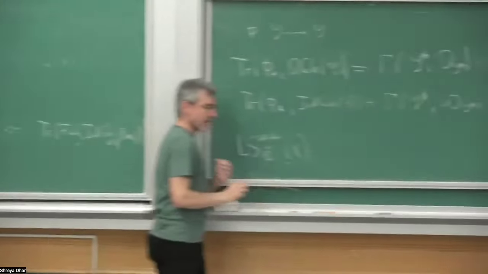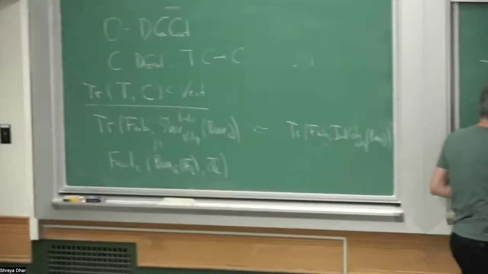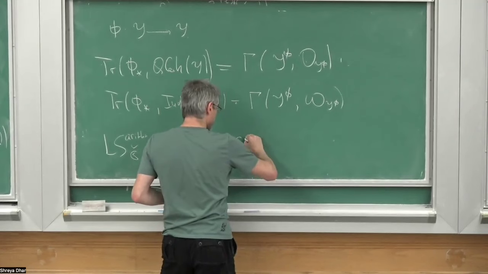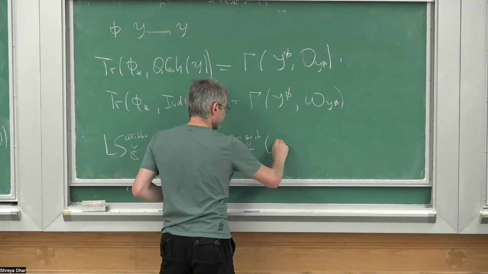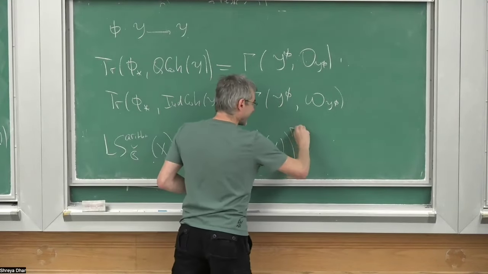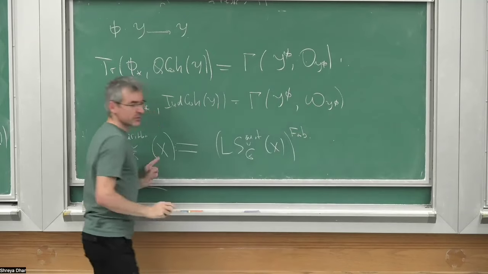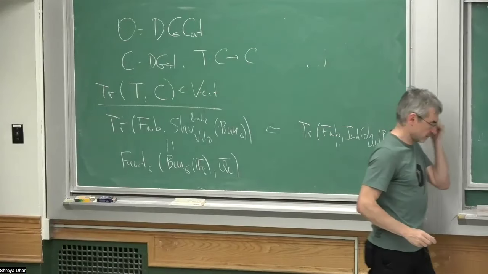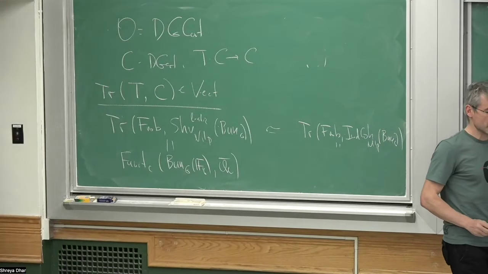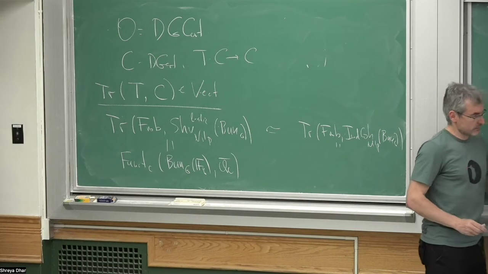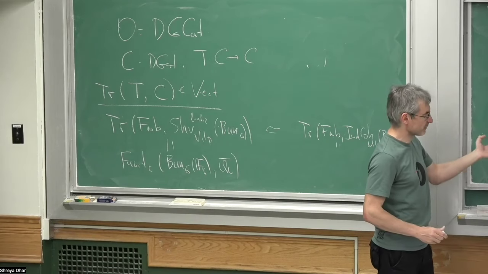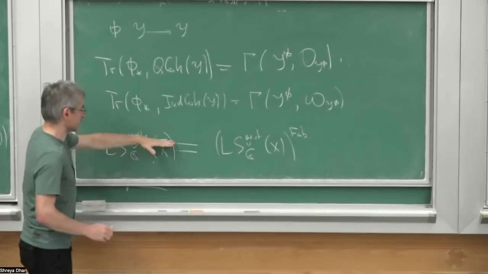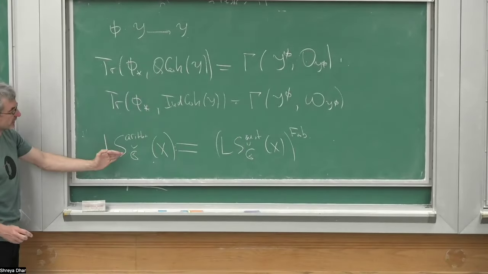So I did introduce now log Loc_Sys arithmetic, and it's the derived fixed point locus of the Frobenius on this log Loc_Sys restricted. And so points of this are exactly arithmetic local systems as you perceive them. This is really representations of the arithmetic fundamental group of X into G check. And this definition gives it a scheme theoretic structure, and it turns out that this